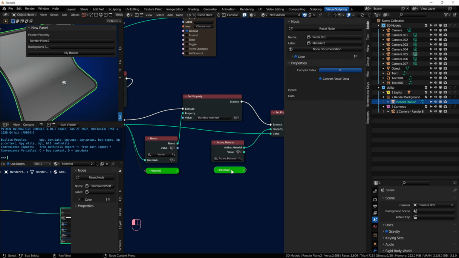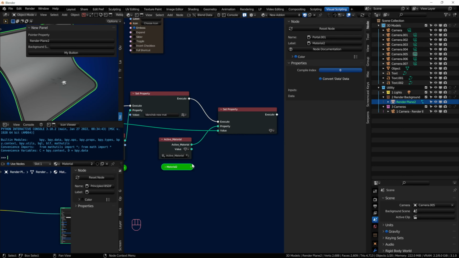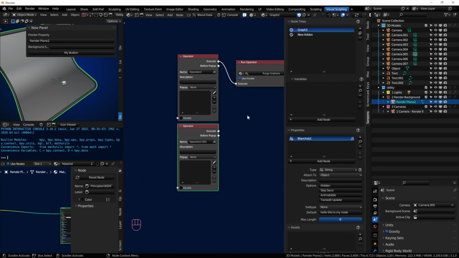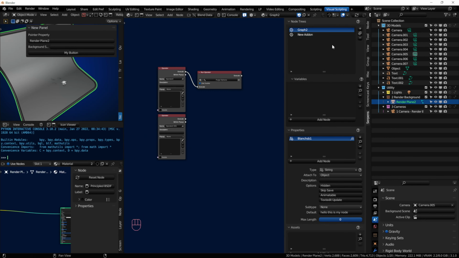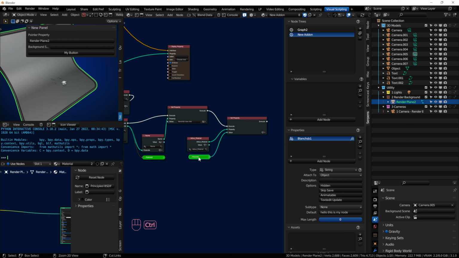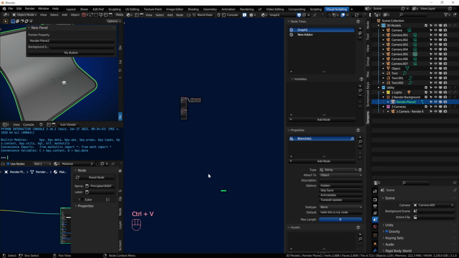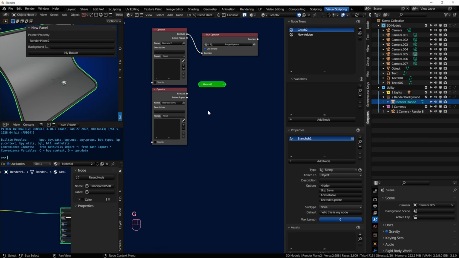Now, they're still only tied to this graph, right? So I can't... No, you can actually use them across node trees now. No way. I could go to graph 2 and grab it? So you can't, because this only exists inside the operator. Okay. Because you're creating this material, and then the reference to that material exists inside